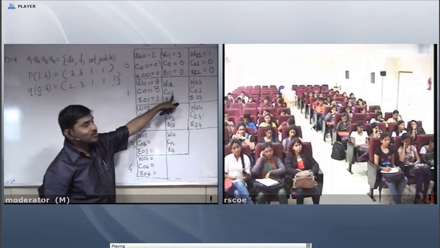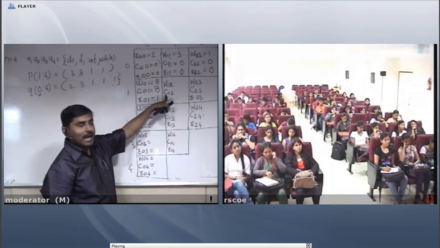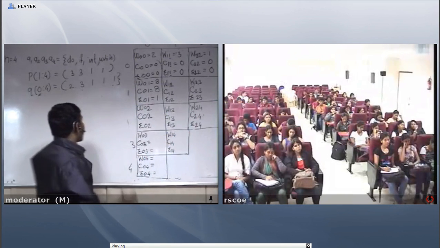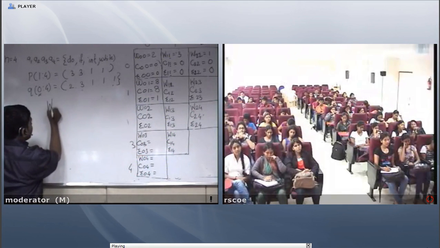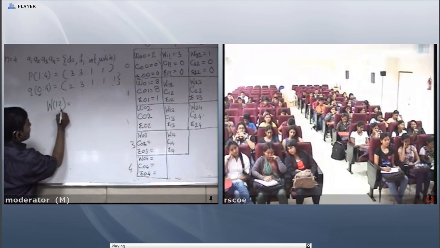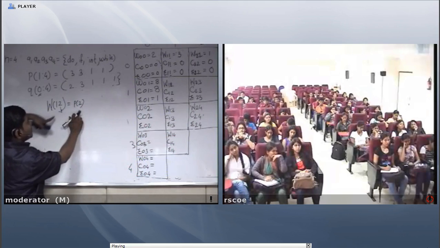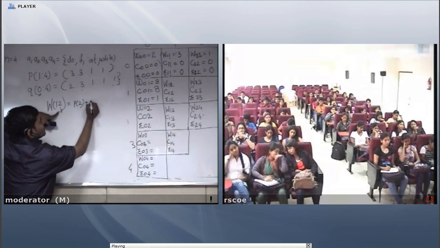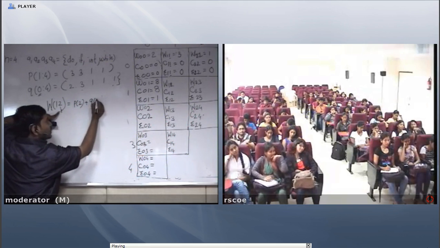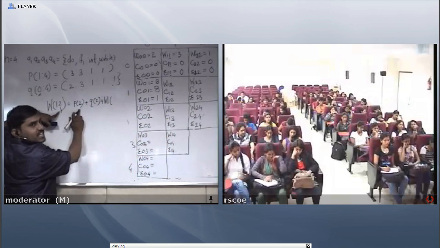If I see the chart, now I want to find the cost of 1, 2. Before calculating the cost of 1, 2, first I calculate the weight from 1, 2. How can I find out? W of 1, 2 equal to, always see the second, P of 2, probability of successful search of 2, plus probability of unsuccessful search of 2, plus weight of I, j minus 1.